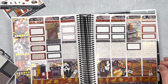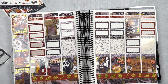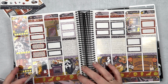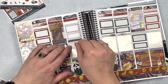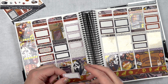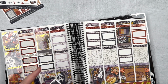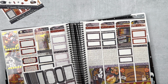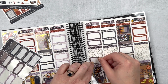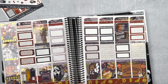This is a fun way to do a birthday kit, because I've thought about maybe doing a more Halloween-esque birthday kit, where there's a whole Halloween birthday party involved, but at the same time I've done Halloween party kits that have cakes and stuff involved, not necessarily balloons and things like that. So I have done things like that. It's hard to think what else would be involved that multiple people could use, because not everybody wants to use a Halloween birthday kit. That's the biggest dilemma, figuring out that in between. That's the hardest part, you guys, figuring out that in between,